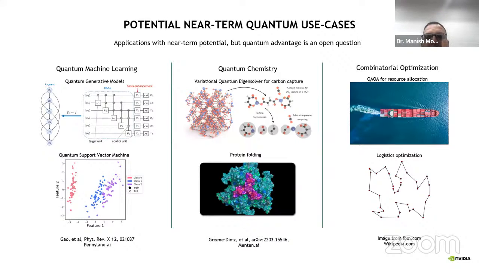And last but not least is route optimization or resource optimization, resource allocation. That is a common problem. So here also you will see more usage of quantum computing, right?